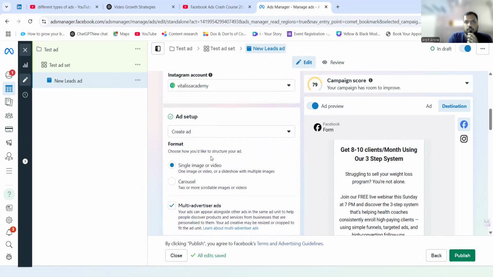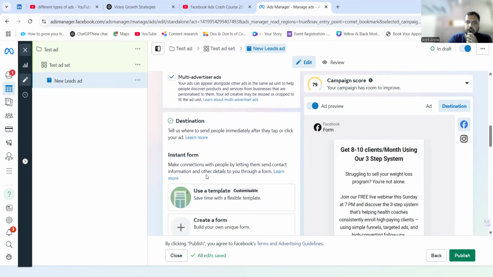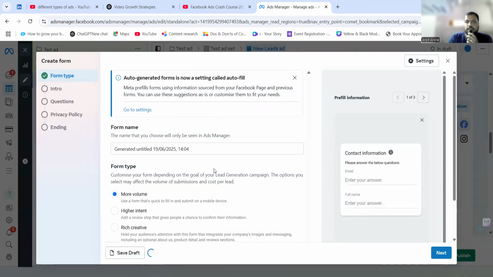Here, what do you want to run the ad on? What is your creative? Is it a single image? Is it a carousel? Is it a video ad that you select from here? So I'm going to select image because I feel static is where you start with it, and then later you can diversify the content, right? You create a form,